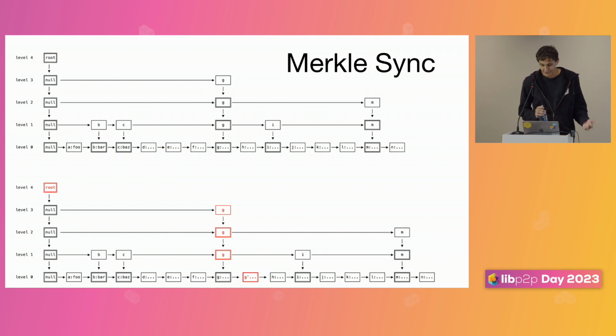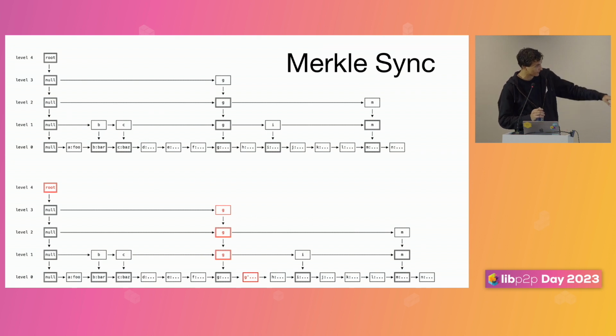So here we have these two Prolly trees, and there's just one difference between the two. A new element has been inserted right after G here in the bottom row in the lower tree, right? And so the boxes highlighted in red are all of the nodes whose hashes have changed due to this insert. So if one of these is Alice and one of these is Bob, they have a really efficient way of figuring out which element Bob has that Alice doesn't, right? And you can kind of guess at what it is.